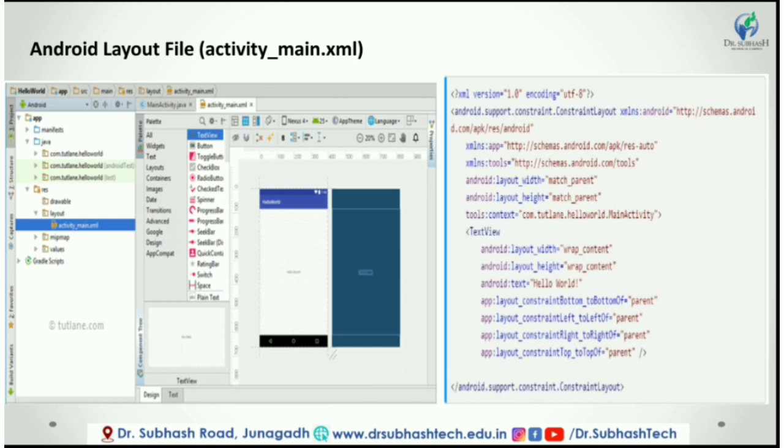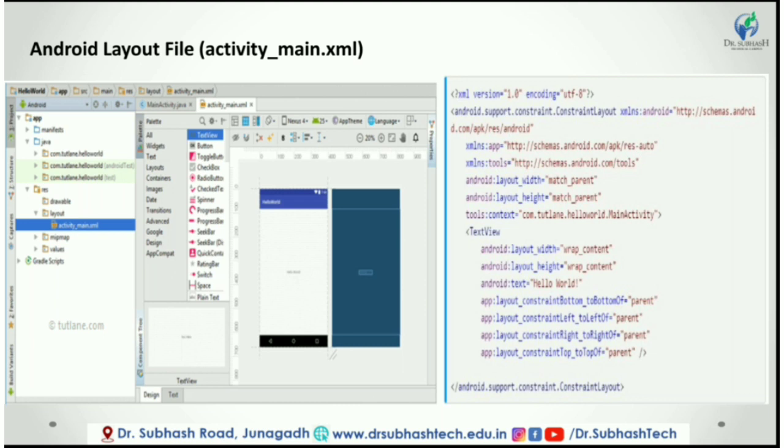It will exist in the layout folder, and the structure of the activity_main.xml file in design mode is shown below. We can make required design modifications in the activity_main.xml file using either design or text mode. If we switch to text mode, the activity_main.xml file will contain code as shown in the figure below.